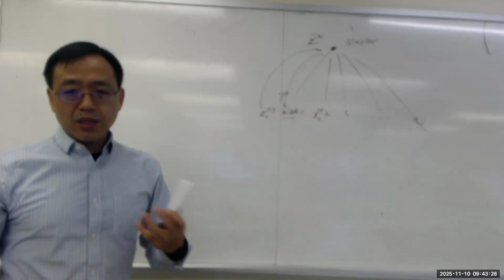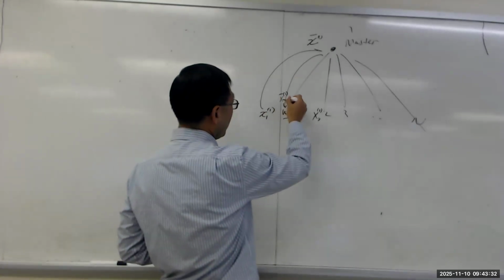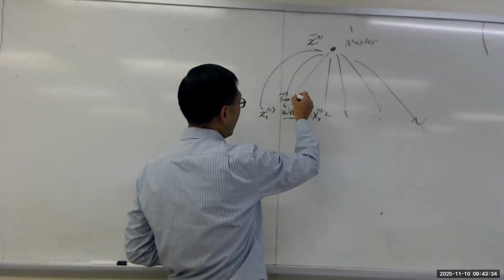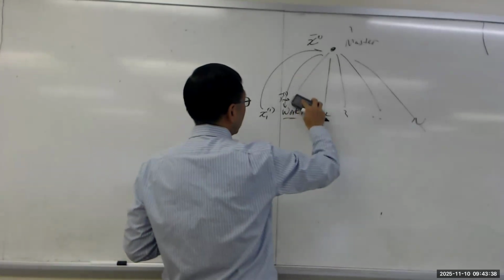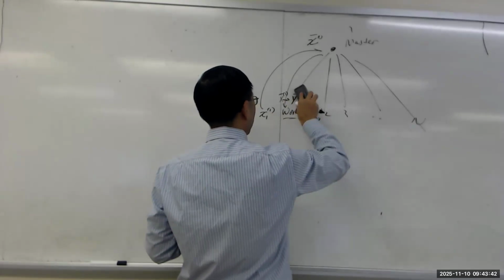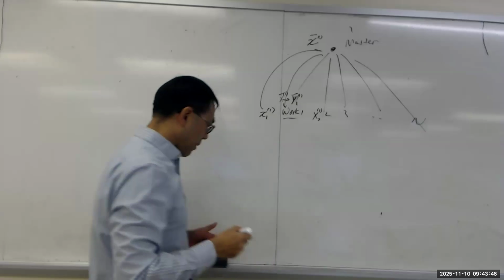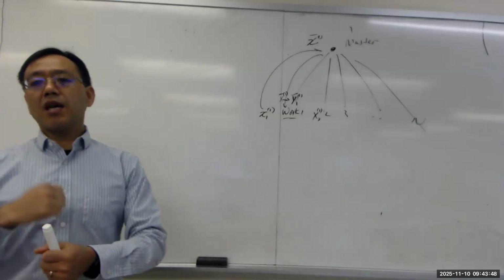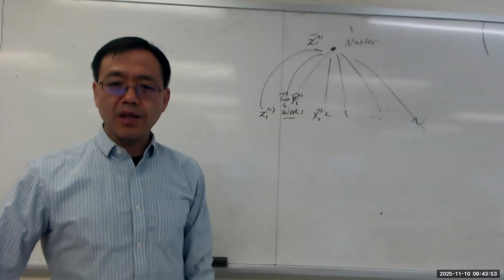Once each worker receives x bar, from x bar they can update yi, right? So they can update this yi. They can update their multiplier. Once the Lagrange multiplier has been updated,